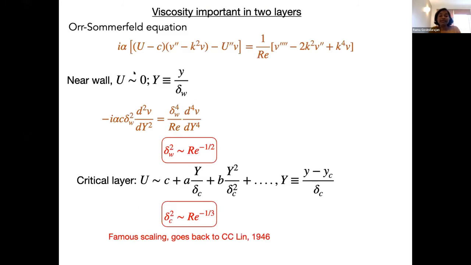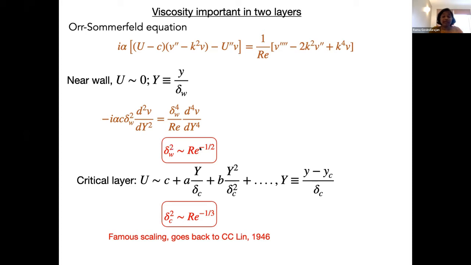So I do the exact same thing for the Orr-Sommerfeld equation, except that viscosity is important in 2 layers now. So near the wall, u is practically 0, so I can throw away that term, and I rename my y in terms of wall variables, and I'll get that the lowest order equation is just this, from which I get that the length scale over which the viscous effects are important near the wall scales as Reynolds to the minus half. In non-dimensional terms, it scales as